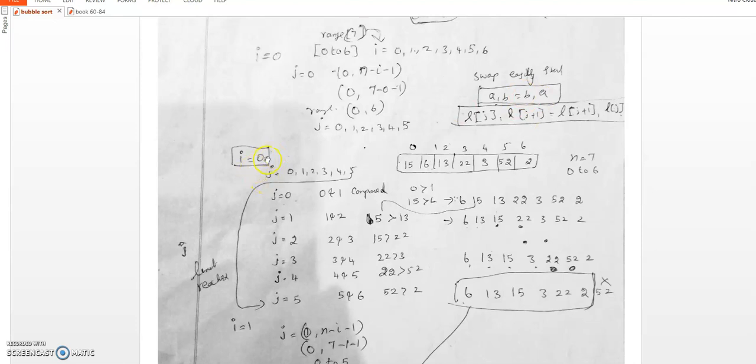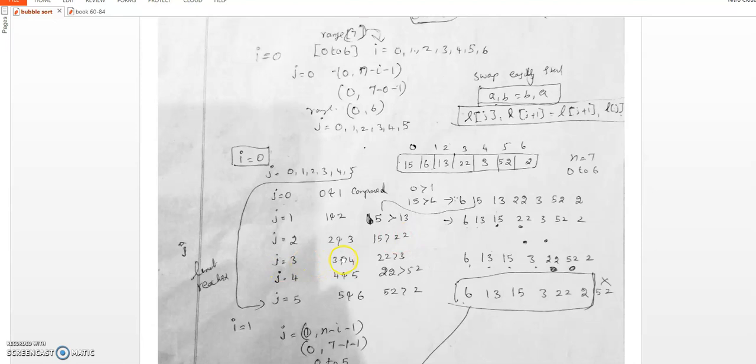So here, when i equals 0 and j equals 0, the 0 and 1 values are compared. When comparing, the 0th value is greater, so we have swapped. Then when j equals 1, 1 and 2 are compared, and here also we are doing the swap. After swapping this one, when j equals 2, the 2 and third values will be compared. Here there is no need because it is already sorted.